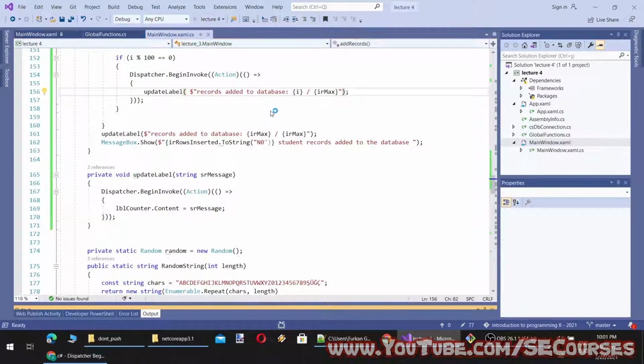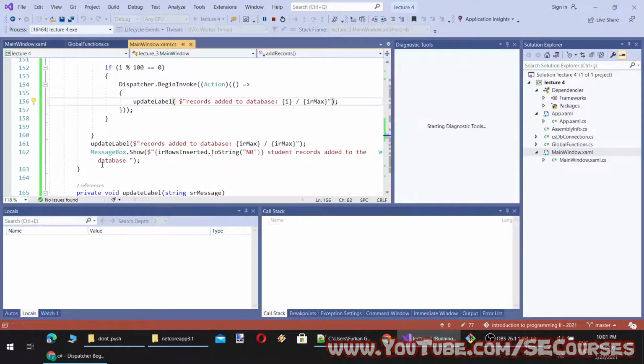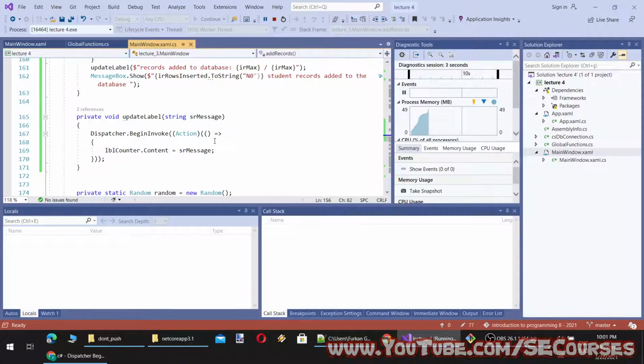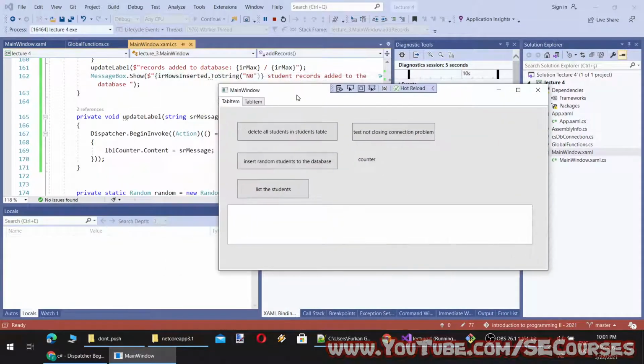Now, when we run the application, the screen will not freeze anymore, and the dispatcher will handle it even if multiple threads try to access that label. So when I start the first one, you see it is running, and when I start another one, you see now they are competing with each other, and I can start another one. Now three different methods are competing, and you see each one of them is writing on the display differently.